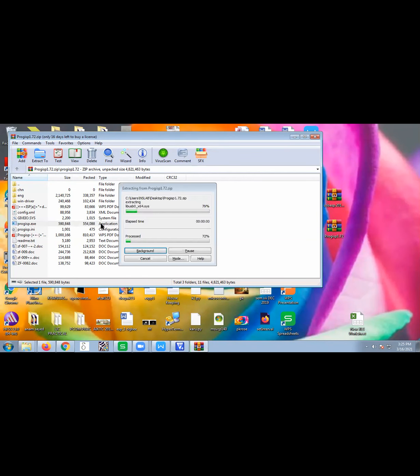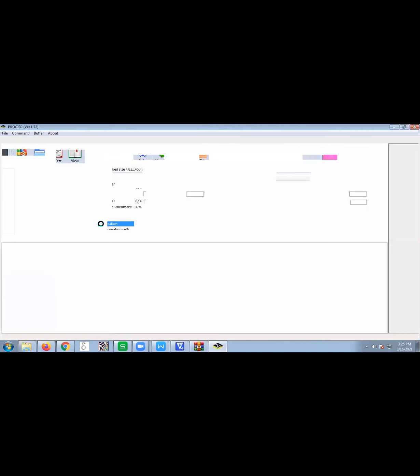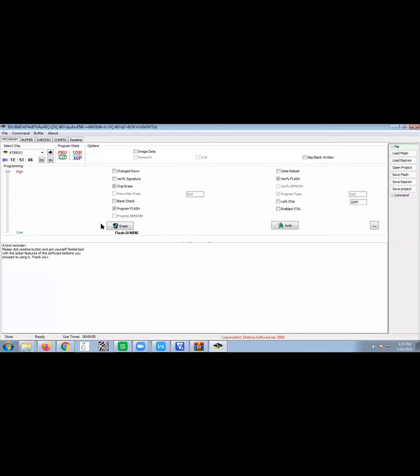For that, we need to click on PROG ISP exe, and then this menu will appear in front of you. Then we have to erase the original or old contents of the microcontroller, if any, by clicking the erase button over here.